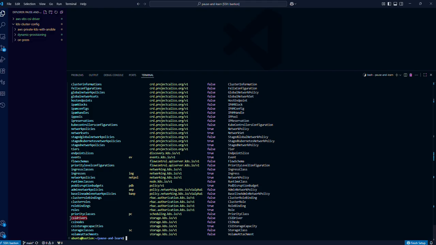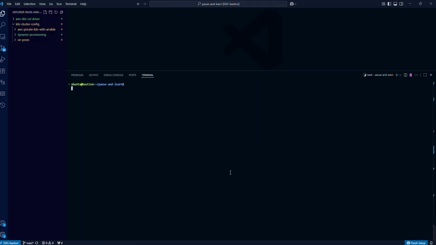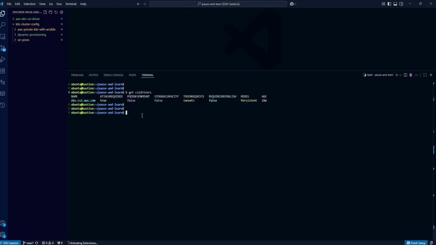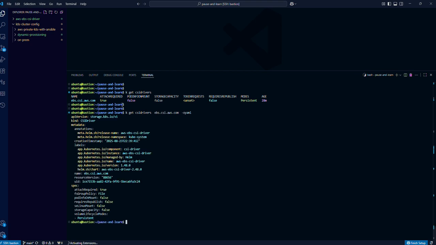All right, let's copy this and do k get and see what the name is. So the name is ebs-csi-driver.com, whatever this name is. If you paste this and do -o yaml, this should give you a live manifest